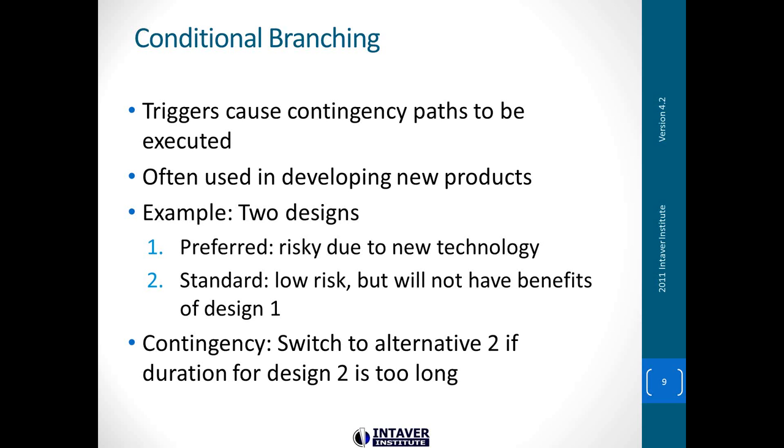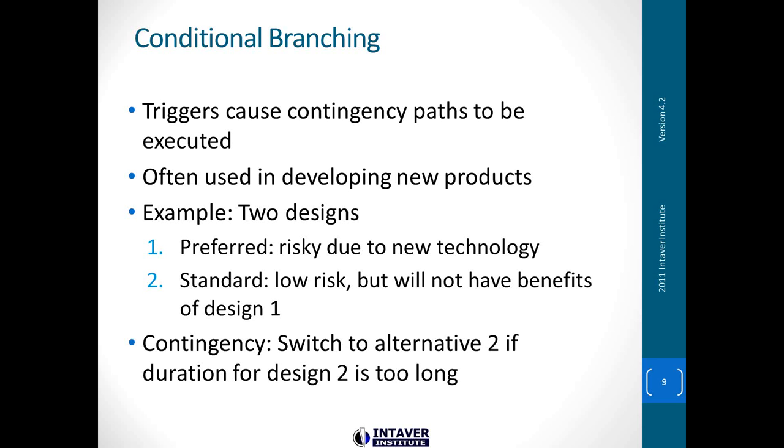In this common example, you have two designs. You have a preferred one, but it's risky because you're going to be bringing in new technology. So there's a lot more uncertainty and risk around taking this preferred route because of this new technology. But you want to go that way because it's going to bring some more capability to the product, may add more value to the product. Obviously, maybe in the end you'll be able to sell the product for more,